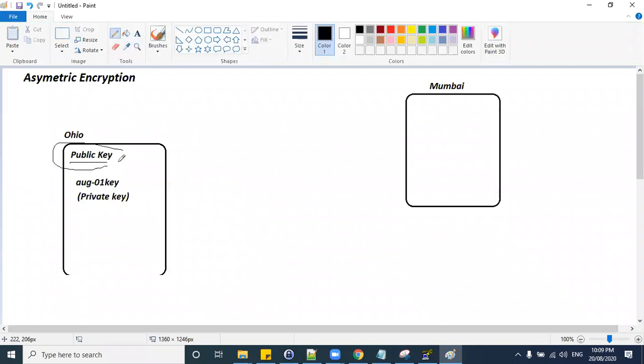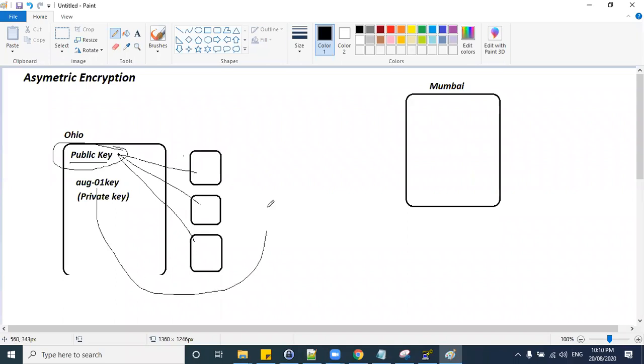So whenever you launch an EC2 machine related to this August 1st key pair, let's assume 3 machines you launch, and if these 3 machines are associated with this public key, then you will directly use the August 1st PPK and log in as a user for these EC2 machines, correct? Now, if you want to replicate the same setup in Mumbai, what key do you need to copy and paste inside the EC2 dashboard here?